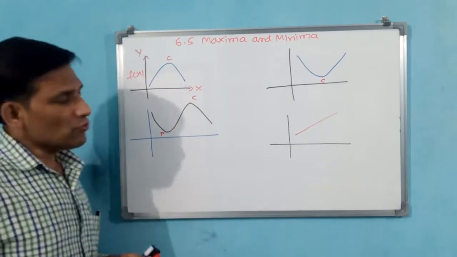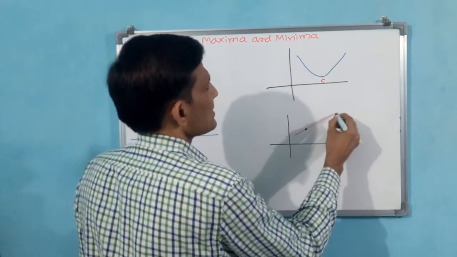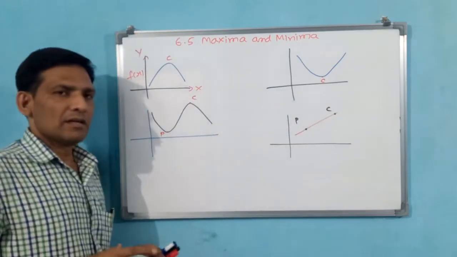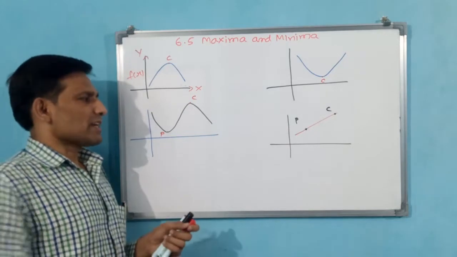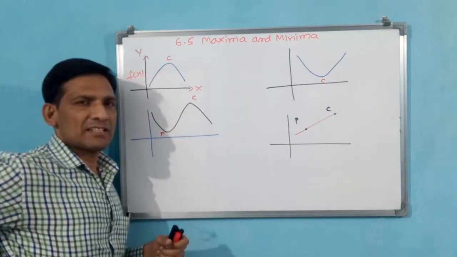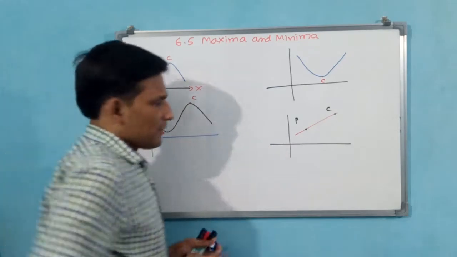Now you see, is there any minimum value and maximum value here? Just like I have written 2 points also in this. But is there any minimum value, maximum value here? You understand first carefully. Why? Because is there any turning point?